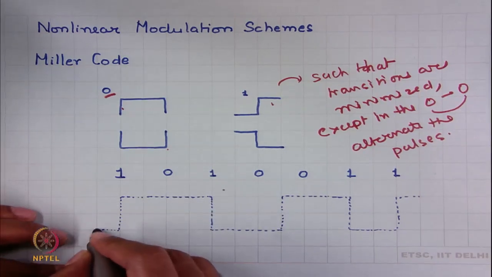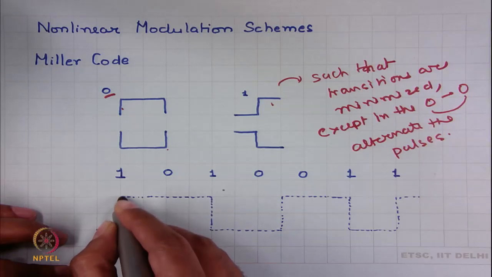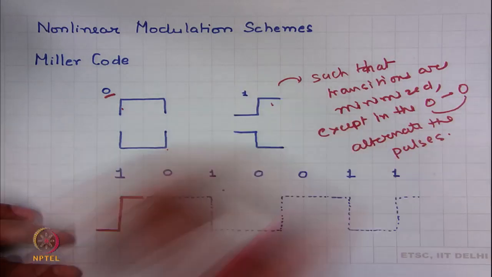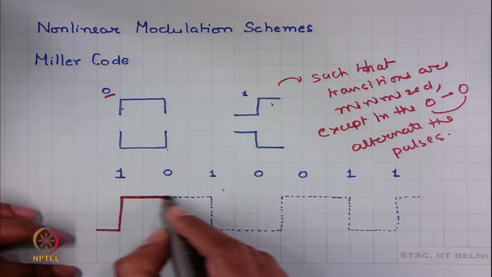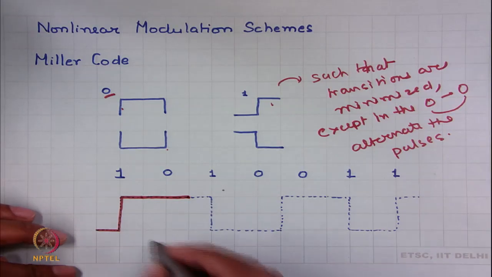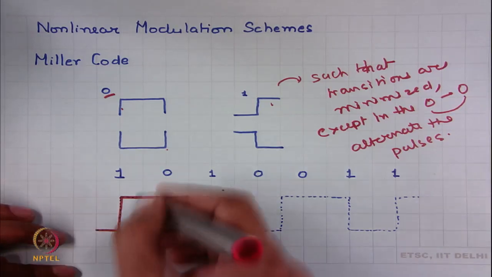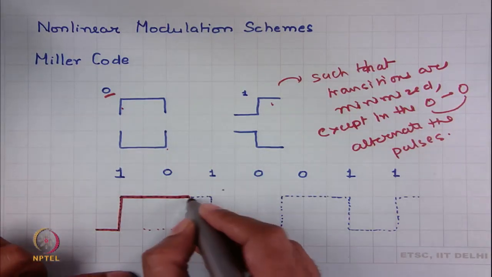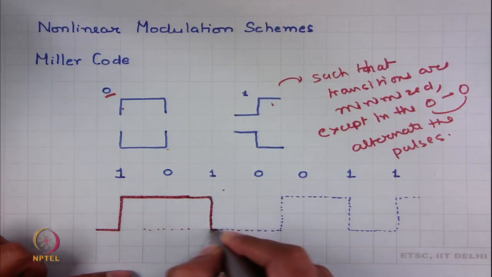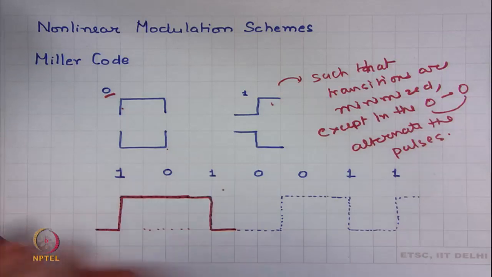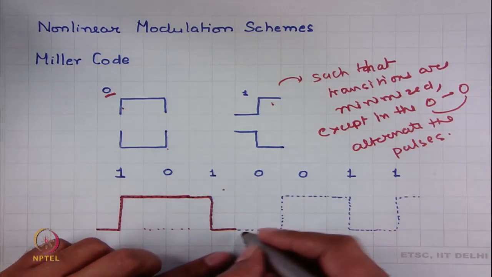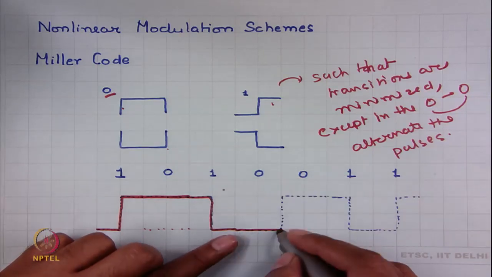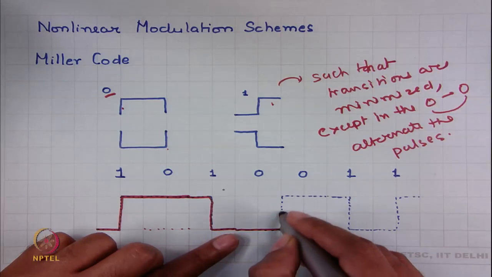So, 1, let us start with choosing this. Now, for 0 I could have either chosen this or this, but this one would minimize my transitions. If I would have chosen this, then this would have been bad, because then I have a transition. Then for 1 I choose this instead of this, because it minimizes the transitions. For 0 I choose this again. Now, because this 0 is followed by 0, if I have chosen this, then it should come with a pulse shape this,